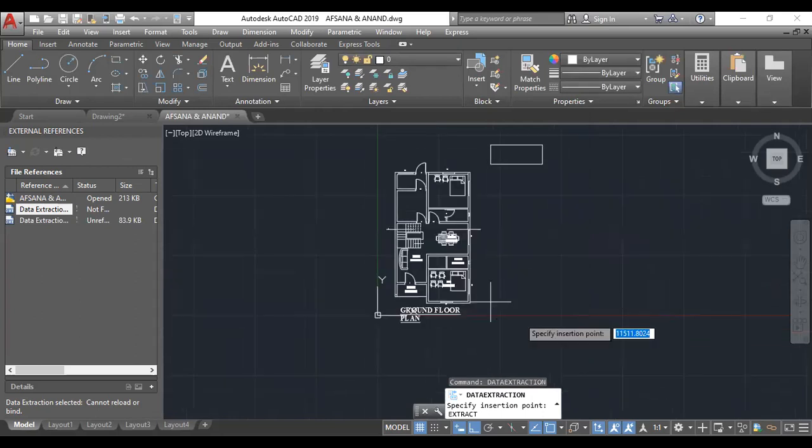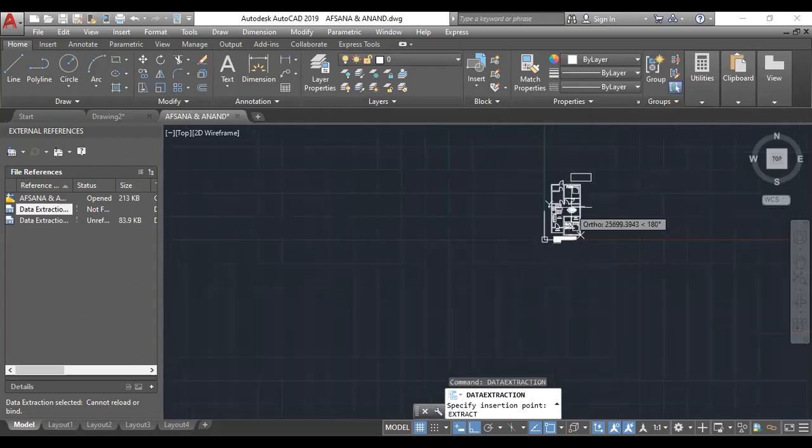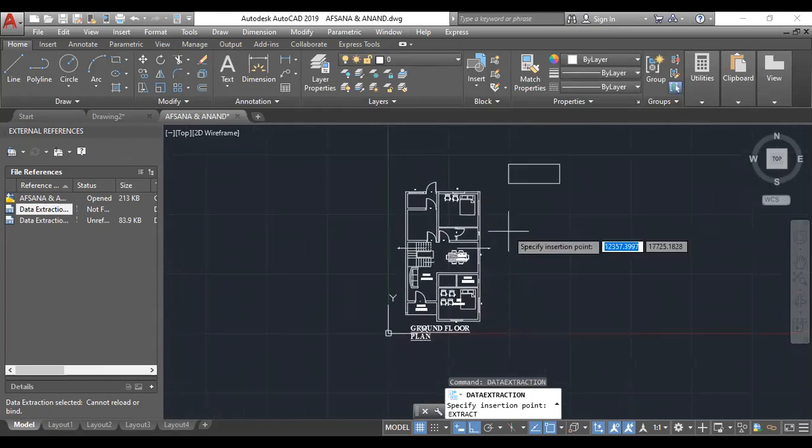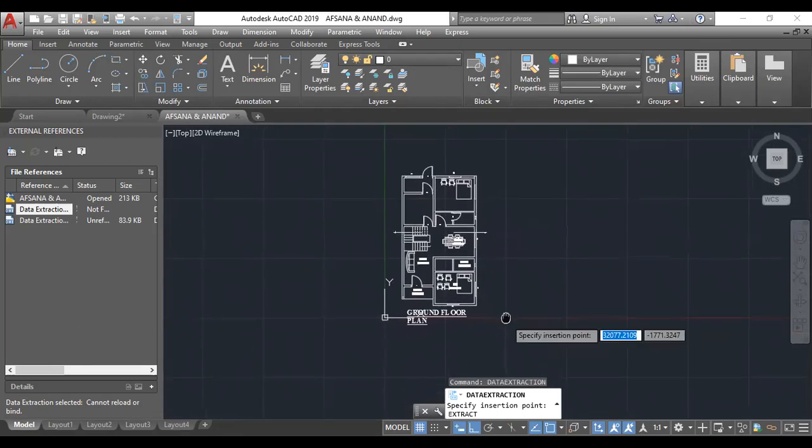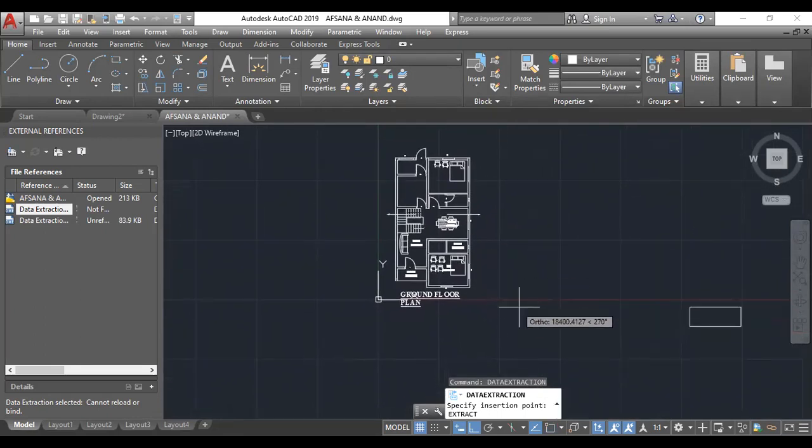So now the extraction is completed, and along with your cursor you can see a box is appearing, and we need to specify the insertion point for inserting that table. I'm clicking here.